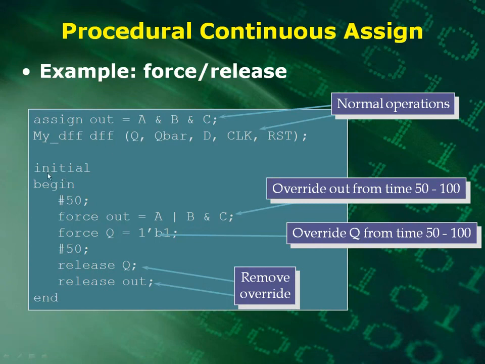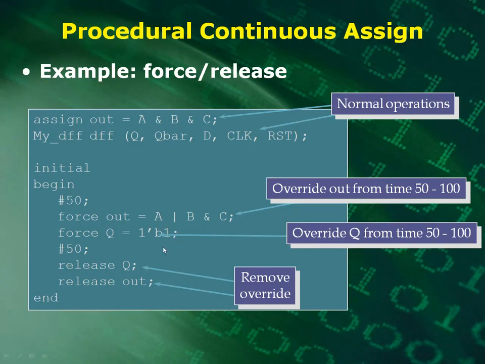Now here we have the initial statement. So we wait in this initial statement for 50 time units. Then I'm going to use the force statement, and I'm going to override this assign statement up here. I'm going to override it with this temporarily, from time 50 until we get up to time 100. So I'm going to force out to be equal to this, and I want to force the Q to be a 1. Now after 100 time units, I say release Q and release out,